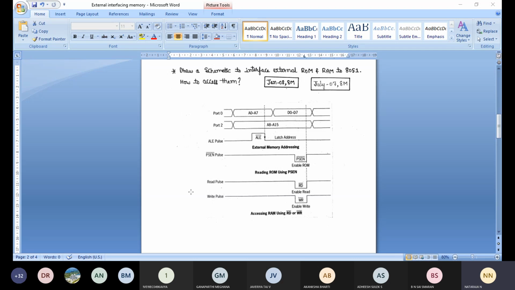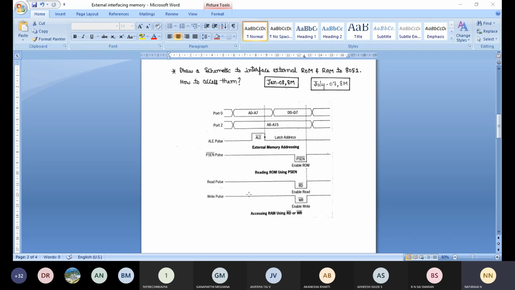Then with respect to this, the 8051 can address up to 64 kilobytes of external data memory. Here we are going to use one special instruction, that is the MOVX instruction, to access the external data memory. What we discussed in the addressing modes, we are going to use MOVX. X means external; external data we are going to access. From the external memory we are going to access the data. That is the meaning of the MOVX instruction.